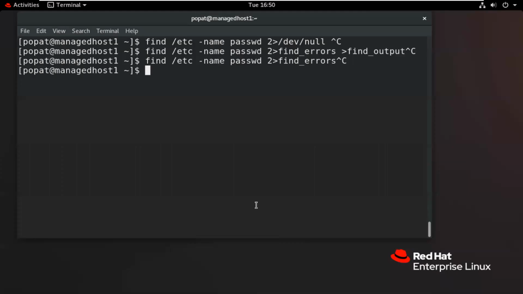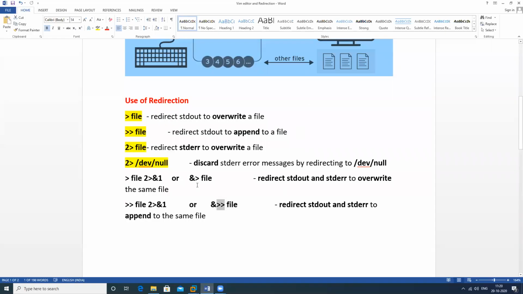How will I use this if we want to save the output and errors in the same file? What I will do is use this one, ampersand.